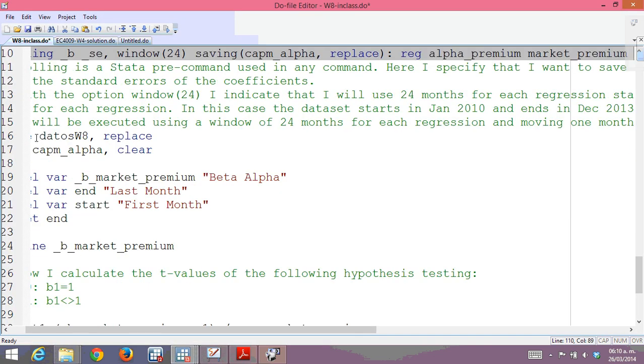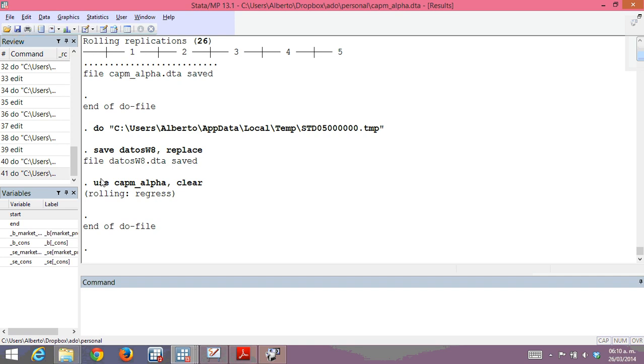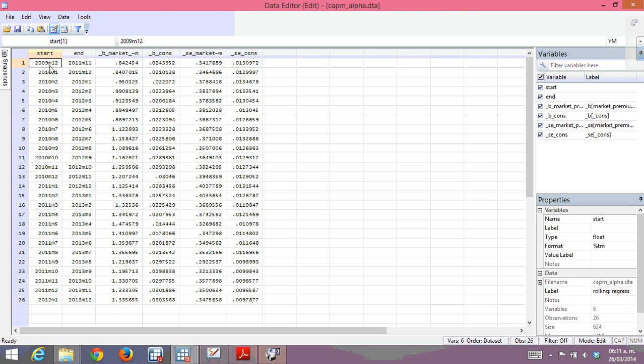Then I'm going to save the current data that I have, that was W8. Then I'm going to use the file that was generated by the rolling regressions, and here you can see I close this one. Now I open the CAPM alpha dataset. In this dataset, the actual beta zeros and beta ones of the different regressions using different time windows were stored. Then I can type just edit, and I can see that the regression from December 2009 to November 2011,